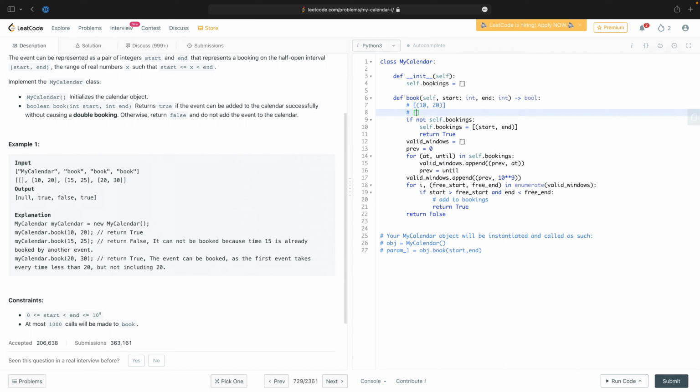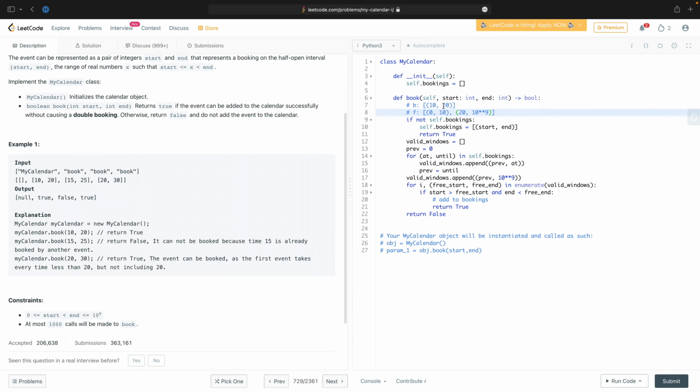Sorry, before I go any further, so this is bookings. Free things are 0, 10, and 20, 10 to the power of 9. If I'm trying to insert 15, 25, then